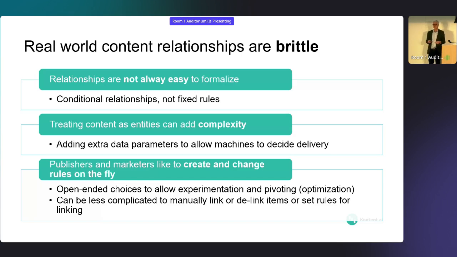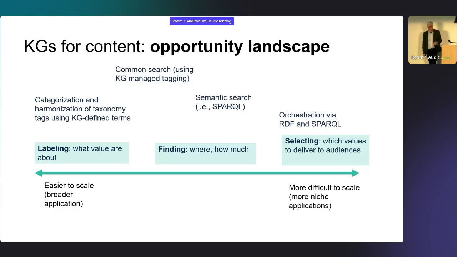And this is really the way people in marketing operate quite often: they're making these decisions, experimenting and trying to optimize things, aware that market conditions will change, their minds are going to change, and they want to have this kind of flexibility. So trying to formalize these relationships too much is going to take away control from the human side of how you're going to put these things together. So I'm kind of cautious on content graphs as the basis for